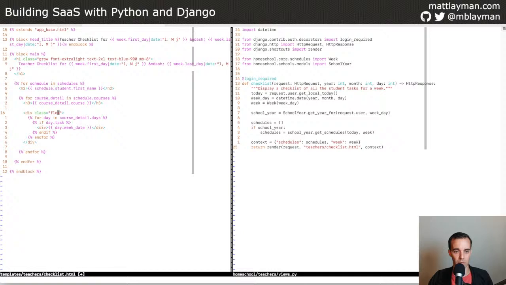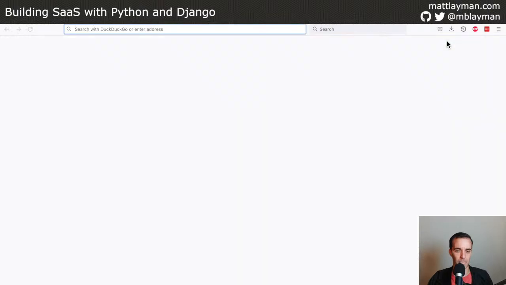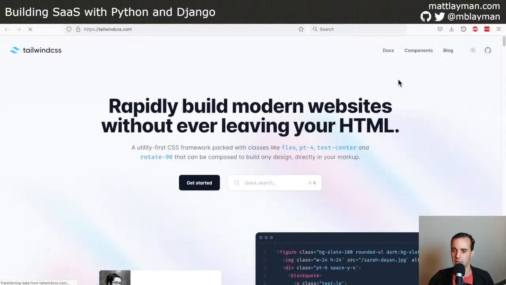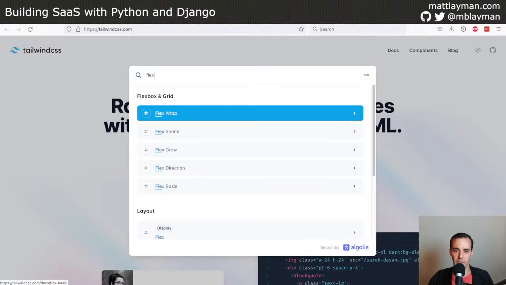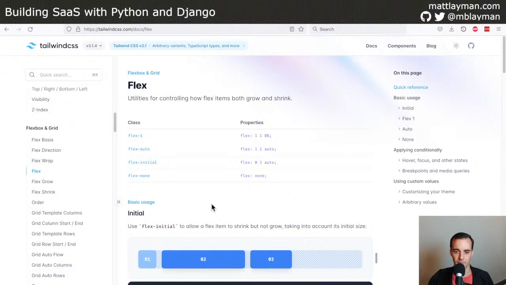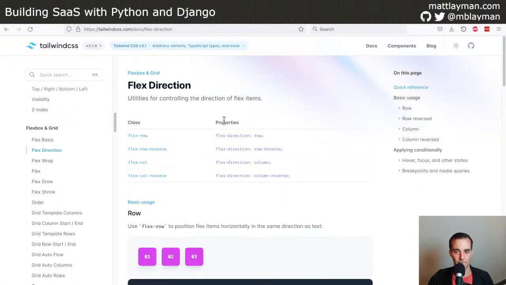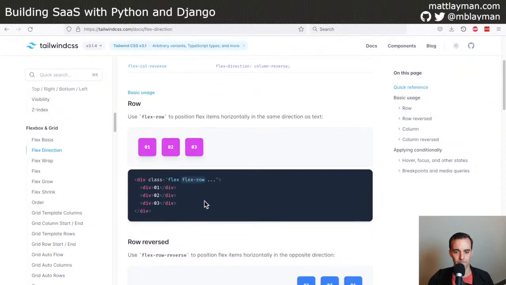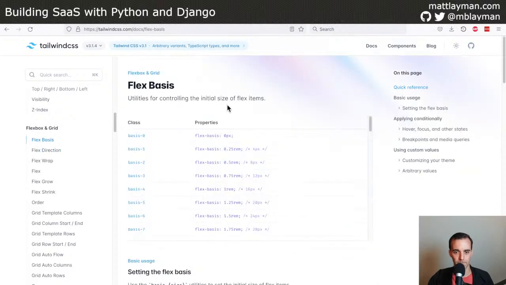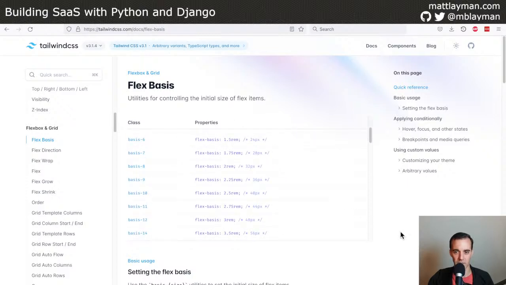This is just what I want. Well, now I'm doubting myself. Shoot, maybe I should be explicit. Let's go to Tailwind and check the docs. Flex row. Well, let's go to the flex section. Direction. I don't know what this basis stuff is, looks new. Interesting. Initial size of flex items. Huh. This is all new to me. I've spent plenty of time with Tailwind, but